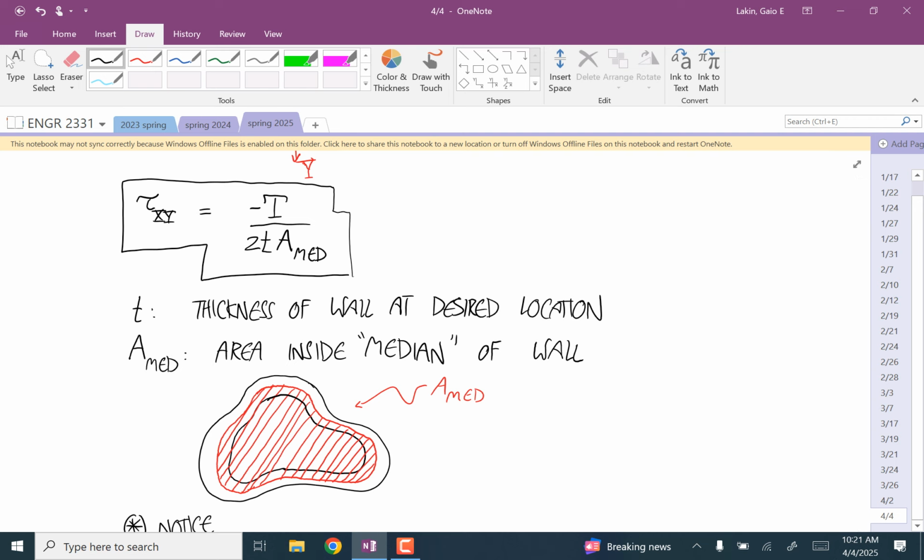Isn't it just, doesn't the equation just mean the thicker it is and the bigger it is, the harder it is to twist? What do you mean you should try to make sense of it? Well, yeah, that's a great way to think about it. But I'm just saying, if you're going to try to figure out, so